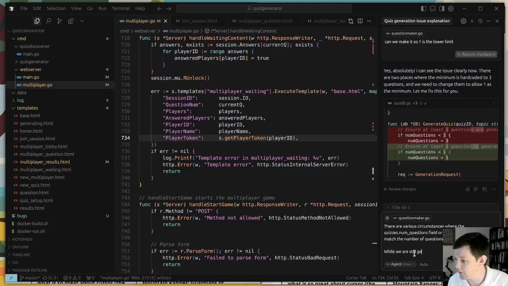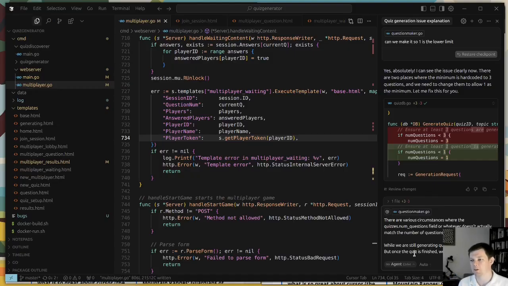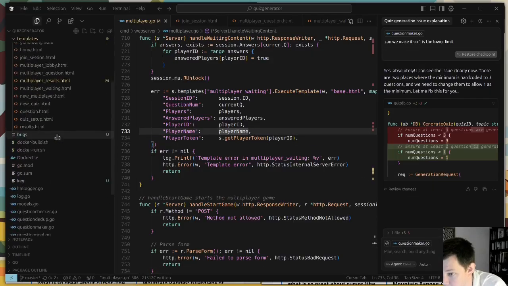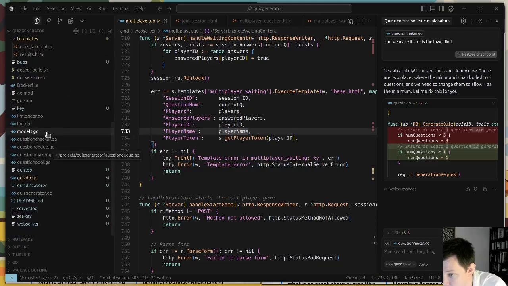While we are still generating questions, this is not a problem. But once the quiz is finished, actually the quiz wouldn't get marked complete if the web server crashes. Maybe we can tolerate it if the web server crashes. In that case, we simply want